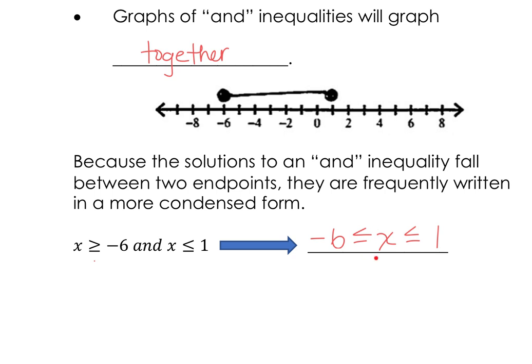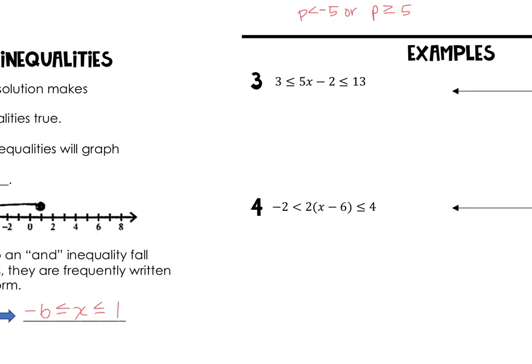So this condensed form is going to help us show that the x is going to be in between this minimum and maximum value. Those are the x values that will satisfy both of our inequalities. Okay? So now, if you look at the examples,